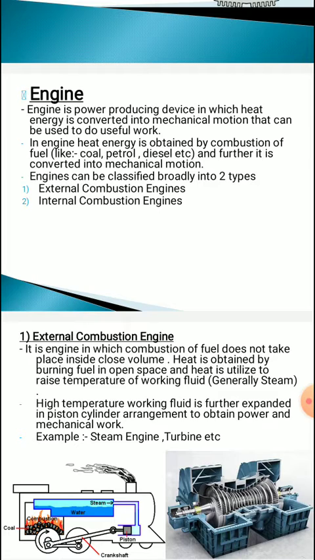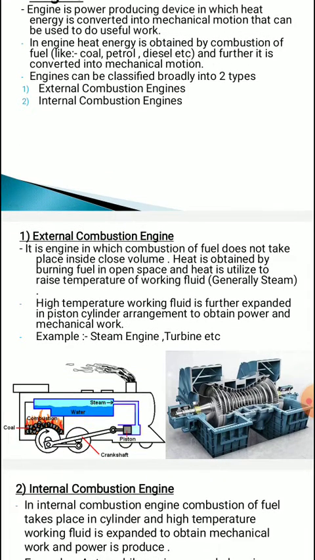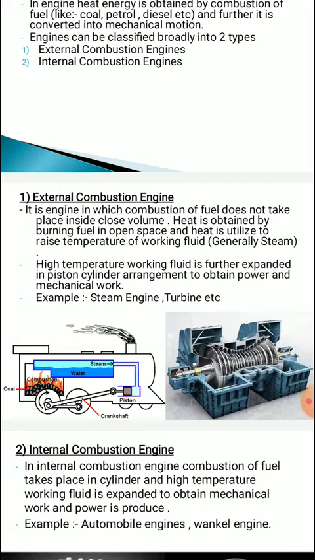How are engines broadly classified? They are classified into two types. One is the external combustion engine. The second is the internal combustion engine. So, what is an external combustion engine? You might have observed locomotives. Here in the figure on the left side, we can observe one locomotive, or railway engine, is shown. The combustion chamber is outside, in which the coal is being burnt. Let's see how the external combustion engine works.